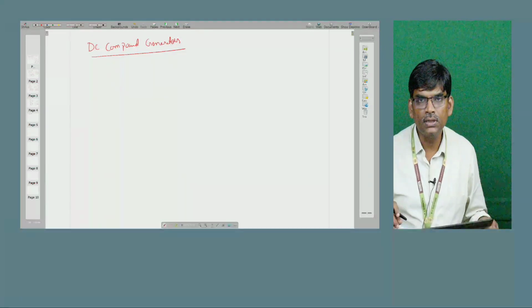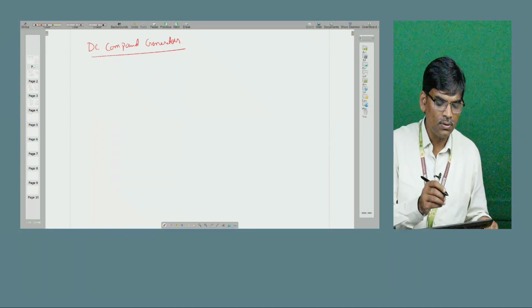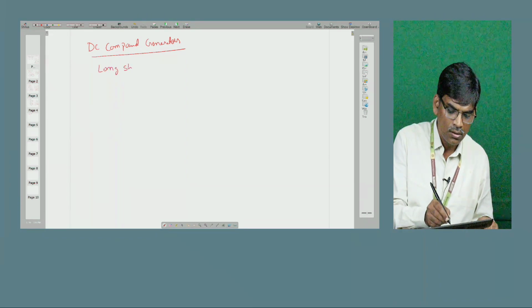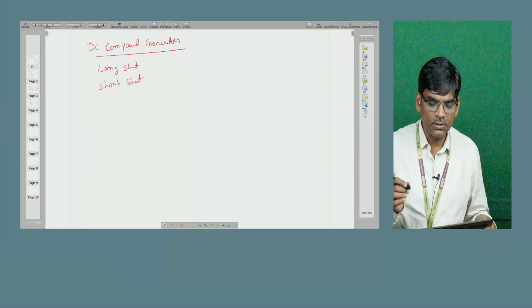Today I am going to explain DC compound generators. Based on the field winding connection, DC compound generators are of two types. One is called the long shunt, and the second one is the short shunt. Generally the long shunt,